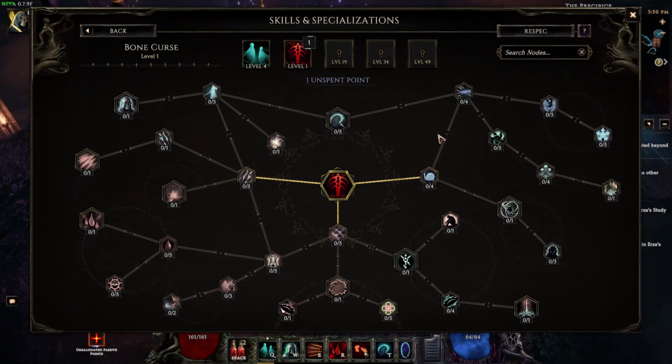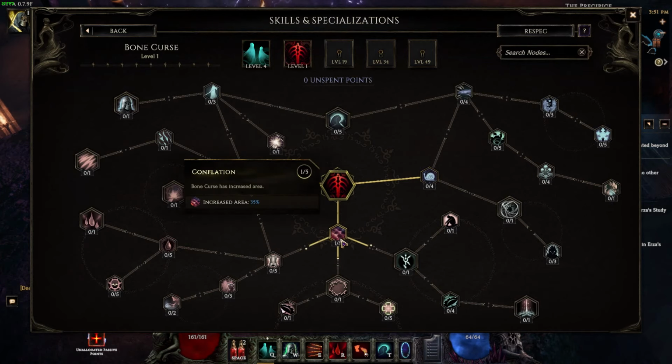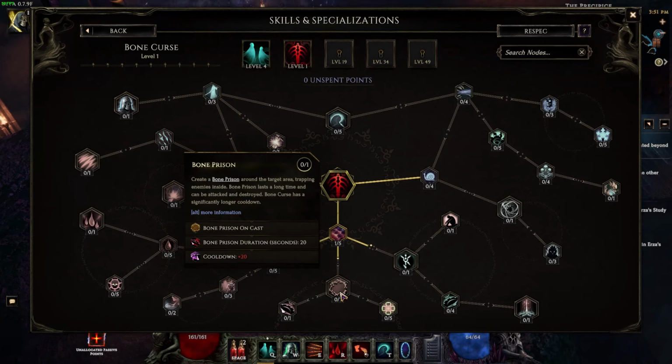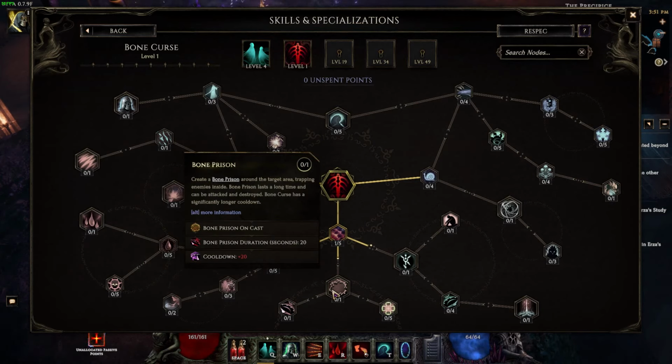Bone Curse is going to be extremely effective, and what we're going to do with this is our first 5 points, we're going to put 3 points in Conflation, 1 point in Bone Prison, this is what you want, and 1 point in Shattered Prison to make it only a 6-second cooldown. This Bone Prison is going to take the aggro of all of the mobs so that you don't have to worry about them coming after you, and once you get the 6-second cooldown, you'll be able to have 100% uptime